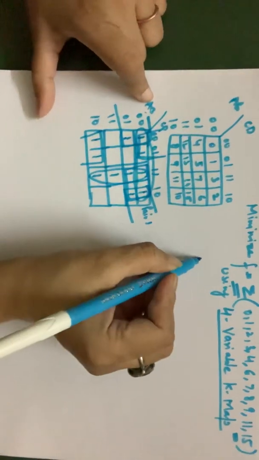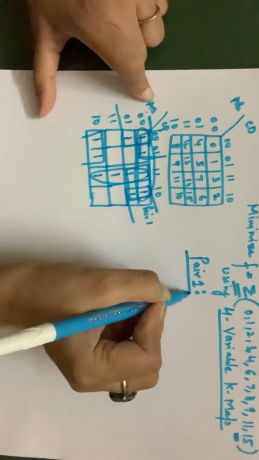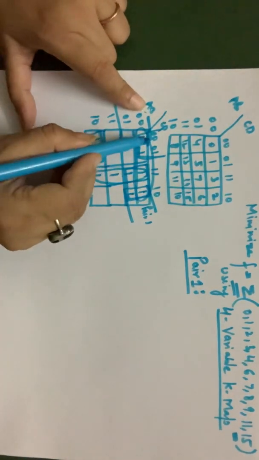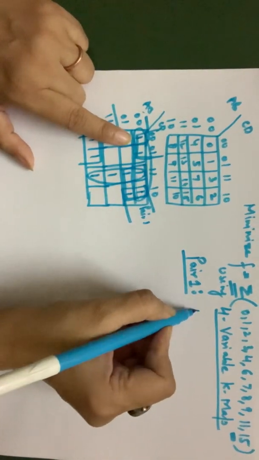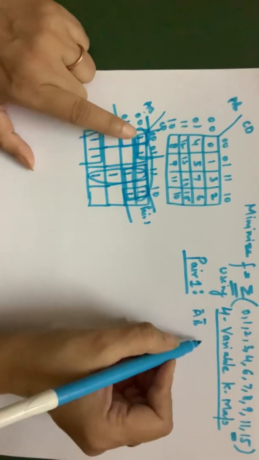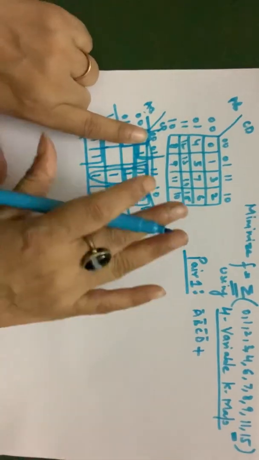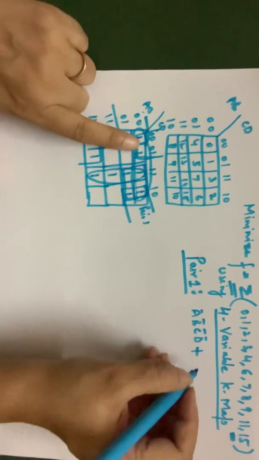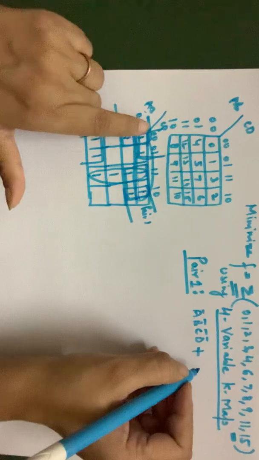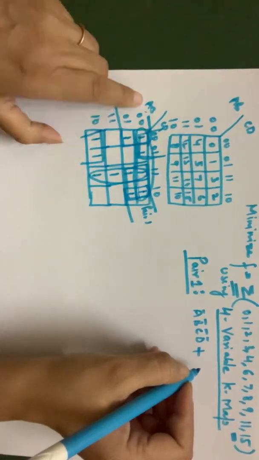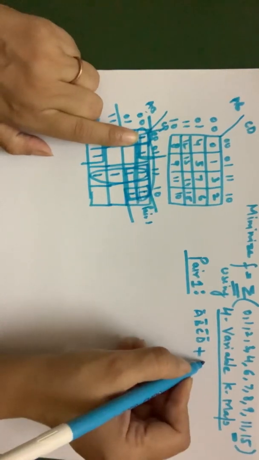Now start making the pair. Now I'm just making pair 1. If you can see here, I'll take this as my pair 1, all 4. So this pair 1 will give me A bar, B bar, C bar. I'll just open it out so that it becomes easier for you to understand. But if you can make it directly, the values which are common, you can just delete directly from the K-map. But I'm just showing it for the first time.